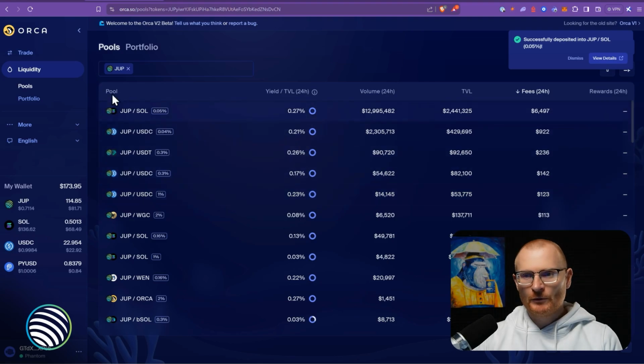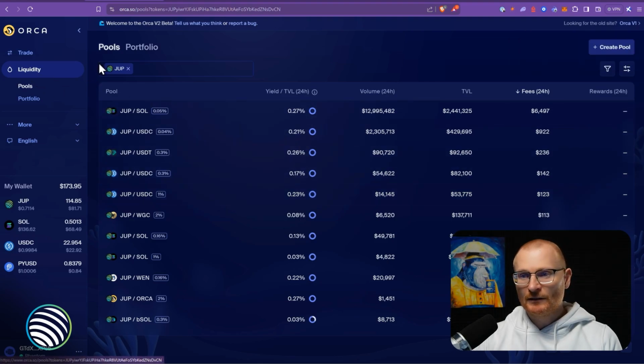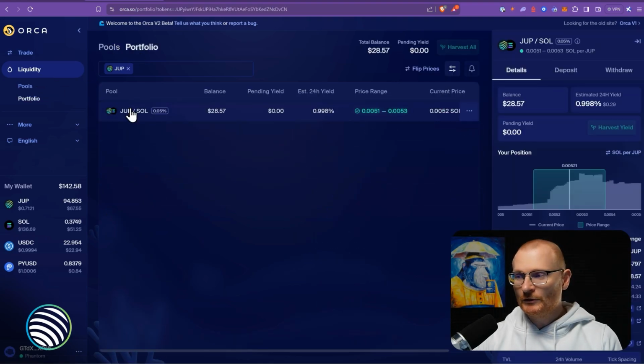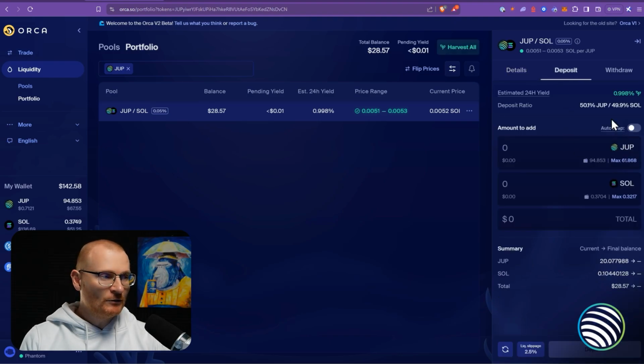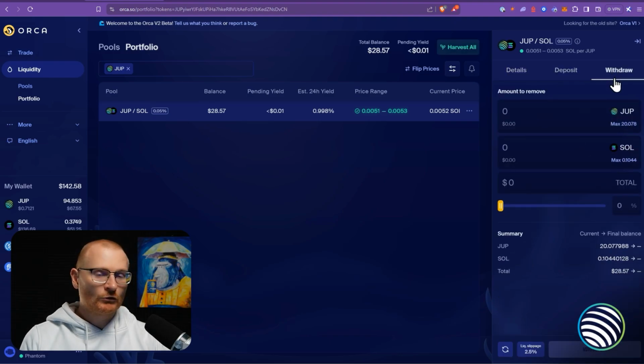We're successful, so we should be able to go to liquidity again and then portfolio. Click on dupe and SOL, and we can see we're in this new position. So you'll notice there's no button that allows me to actually change the range. I can deposit more into this range, or I can withdraw it and change the position. So with Orca and their concentrated liquidity pools, you can deposit or withdraw. You withdraw, you change your position, you redeposit if the trading range changes.